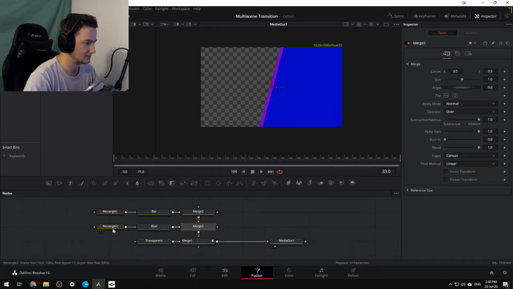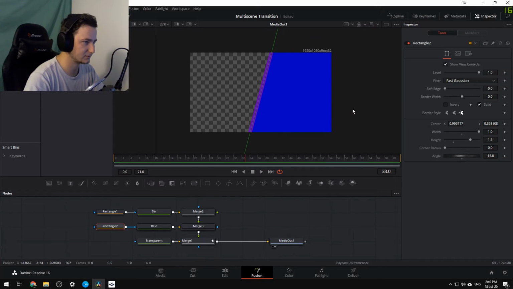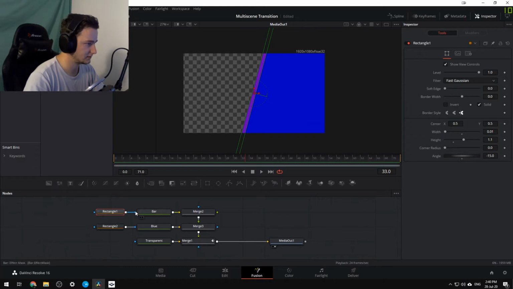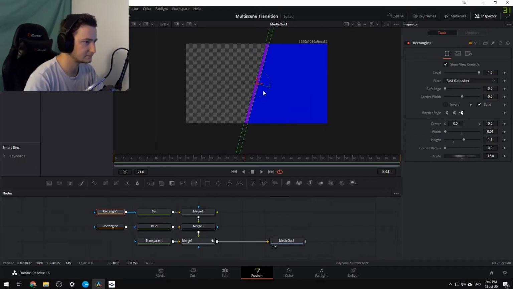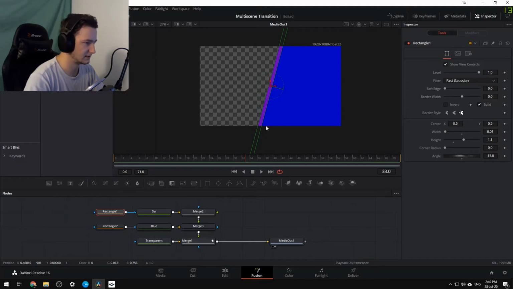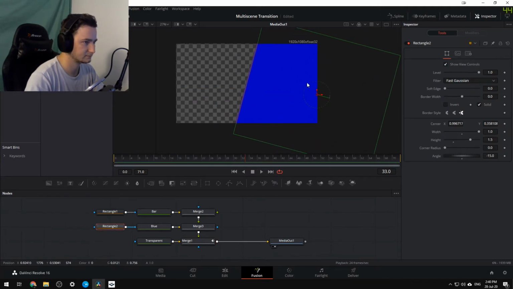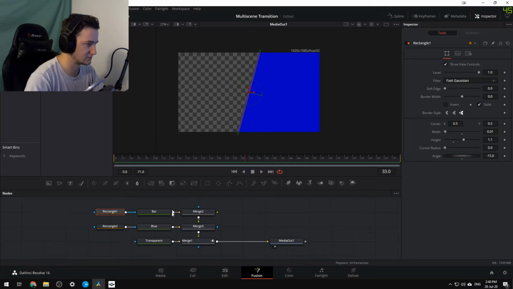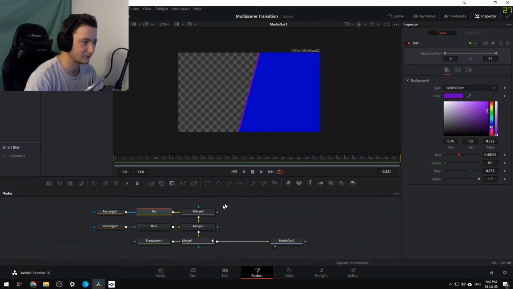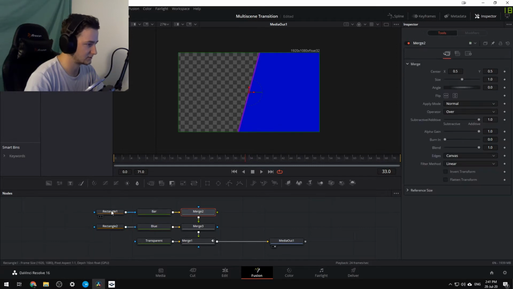So that means that the rectangle here is at minus 15 degrees and is then just fitted in. My little bar here is also just being real big because I fitted everything to size, and then I went and actually made the scale of my main merge down here. So if I set this to 1, everything goes down and looks a bit more reasonable. This only takes up this much space. A background for the color, a background for the color again, and some merges. I mean, it's not really